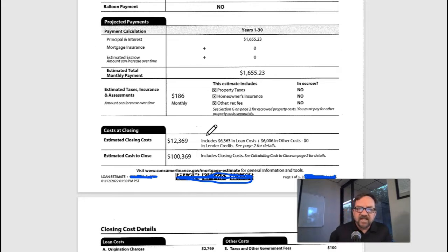So what happens here is your estimated closing cost gets called out. And remember, this is an estimated number. Everything has to get rounded up. Right? They can come down on these numbers. They can't go up on these numbers. Right? So it's going to break it down that this includes $6,363 in loan costs plus $606 in other costs,